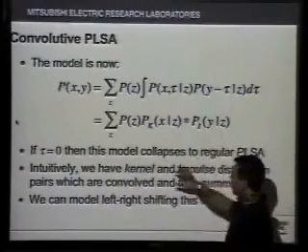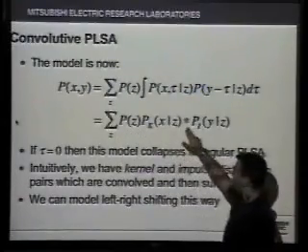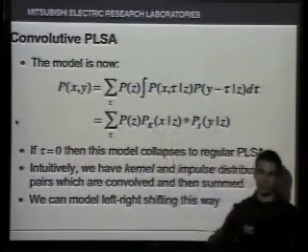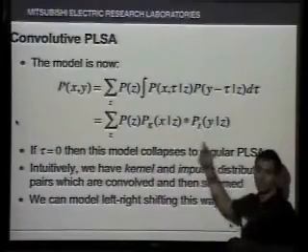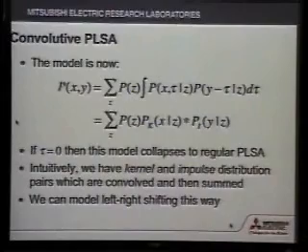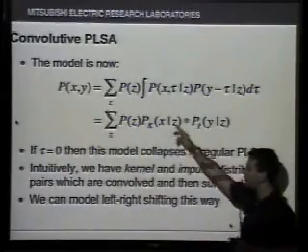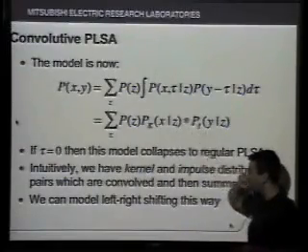Essentially what we're going to do now is we're going to say we still have a summation of a bunch of products, but the products are going to be convolutions. So I'm going to have what we call a kernel distribution, which can be an entire patch of a distribution, and that's going to be convolved with what I call an impulse distribution, and that's going to position that left and right where I want it. If the length of the kernel was 1, then essentially this gets demoted to a straightforward PLSA.